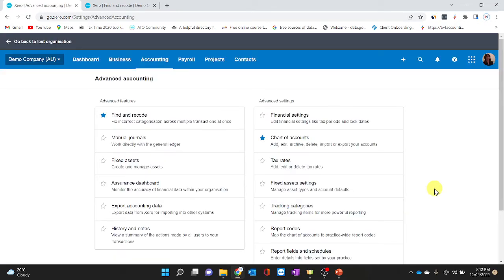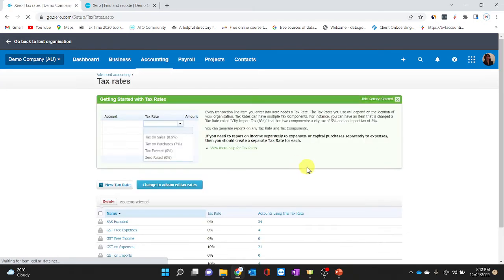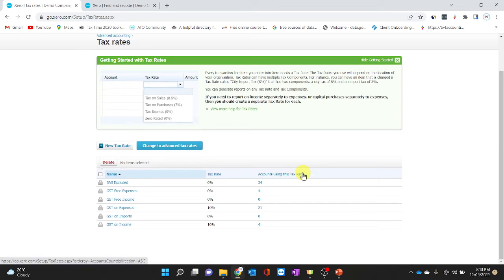Now, that is the financial settings. The chart of account will be explained in my next videos. The tax rate, you don't need to do anything on the tax rate because this already has a default setup in Xero. And it's just very simple: 10% on GST income and 10% on GST expenses. What are the BAS excluded items? These are transactions that are not covered by the GST regime, and there are accounts in the chart of account which